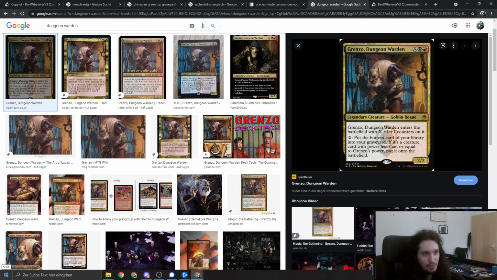So you can also pay him for X. Usually I play him for X as one, and he enters the battlefield with X +1/+1 counters on him. And for 2, you can put a bottom card of your library onto your graveyard. If it's a creature card with power less or equal to Grenzo's power, put it onto the battlefield. And basically, you play him as a slot machine. So ramp, ramp, ramp, play him for 3, and then just look whatever you get from the bottom of your deck. Obviously, you have some cards that allow you to stack the bottom of your deck, and the most fun, the